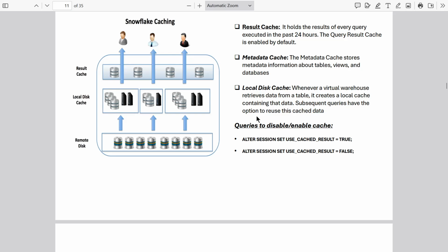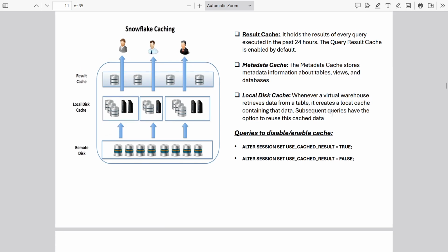Subsequent queries have the option to reuse this cache data. Getting this point? Karthik, if you have any doubt, you can ask. So basically, whenever you're executing queries, it will be stored in the cache memory, so we can reuse the queries from 24 hours. Yeah, perfect. So this is that. And metadata,